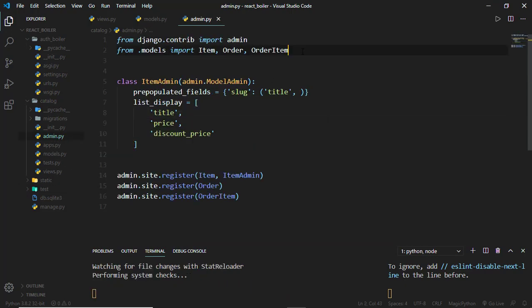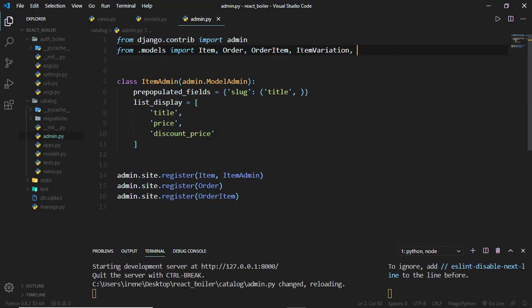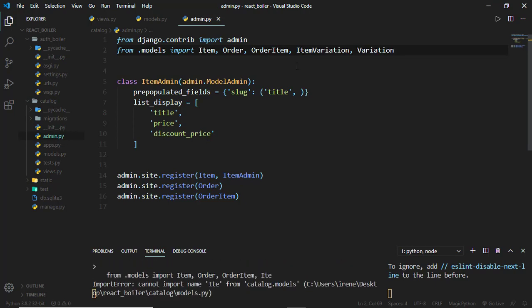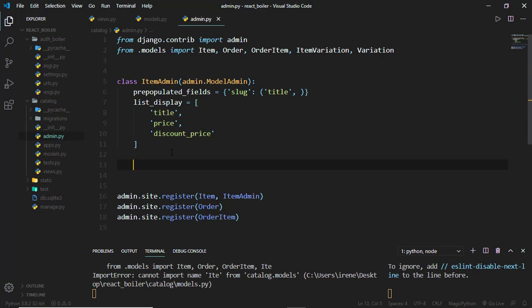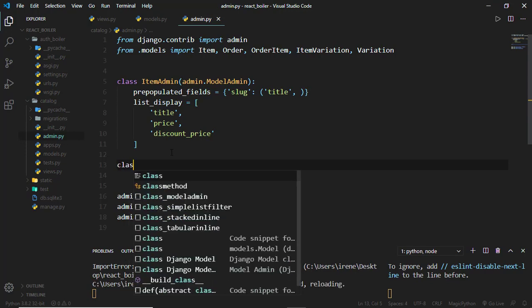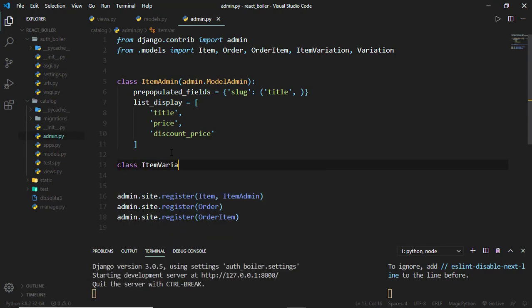So inside our admin, we can import the item, item variation, and the variation model. So all of them, we have them there, and we can specify the item variation as an inline model field. So let's start by creating the item variation admin first. So item variation admin is just going to be an admin.ModelAdmin,